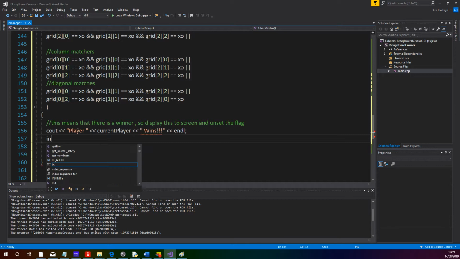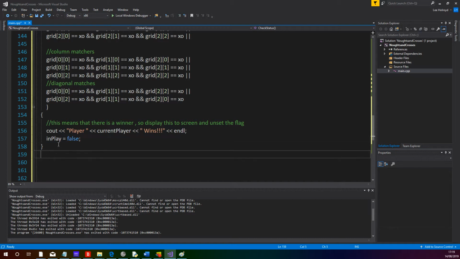And then I want to set the flag to false. Okay, so what we've done is we've shown to screen player 1 or 2 wins, end line, and then we've set the flag to false to say the game is now not in operation and we've already won. Well, we've got a winner. Okay, if these conditions are not met, then we need to do an else-if statement. So we've done the if statement, so if that's true, do this. Else if